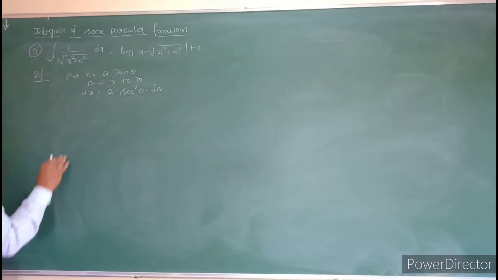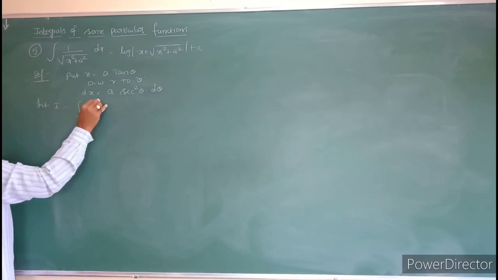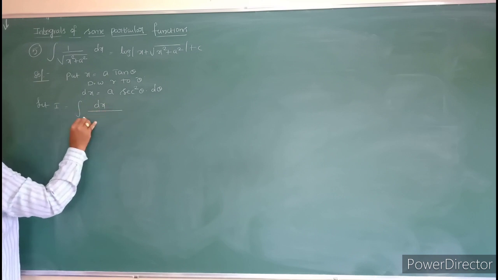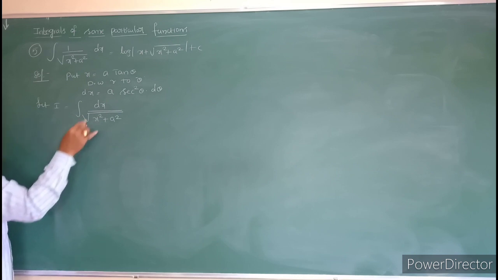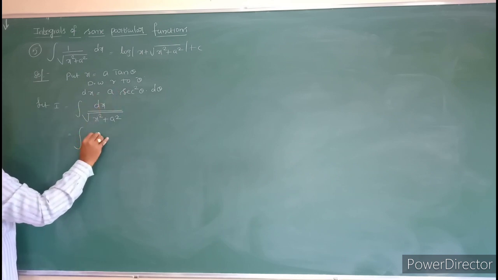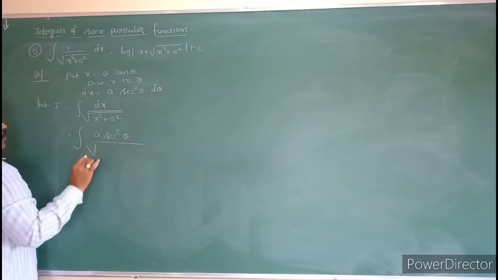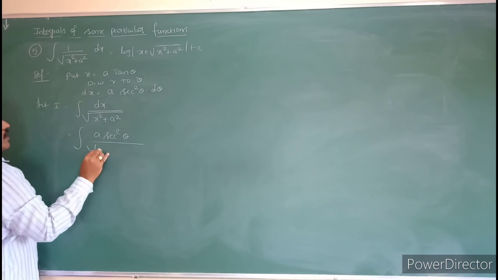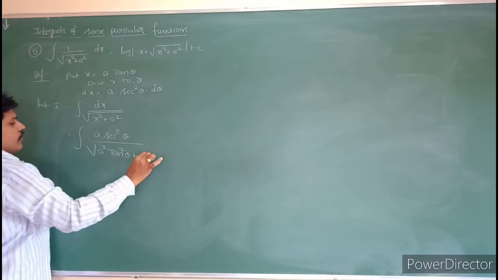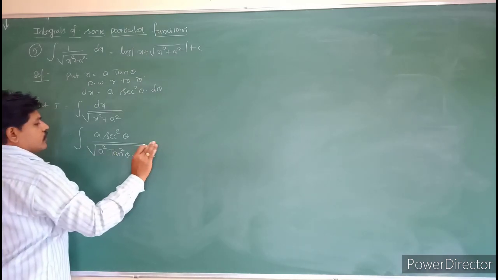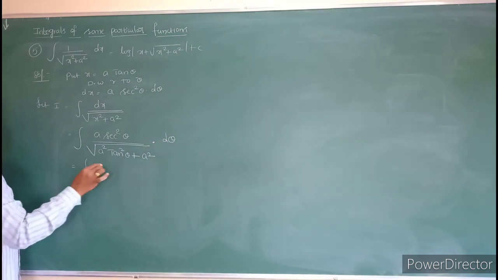So take the problem. Let I is equal to integral dx by root of x square plus a square. You can write it as integral of dx, whose value is a secant square theta, by root of x value. What is the x value? It is a square tan square theta plus a square, into d theta. So that is equal to integral a into